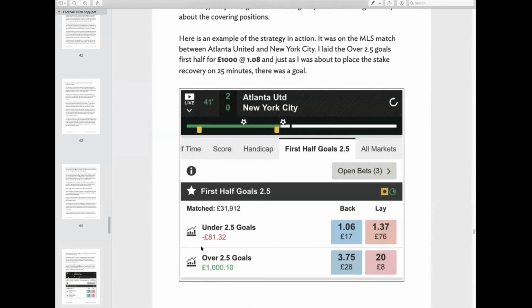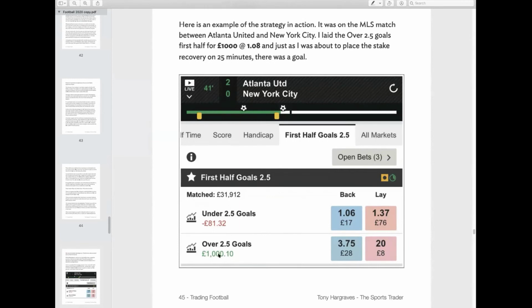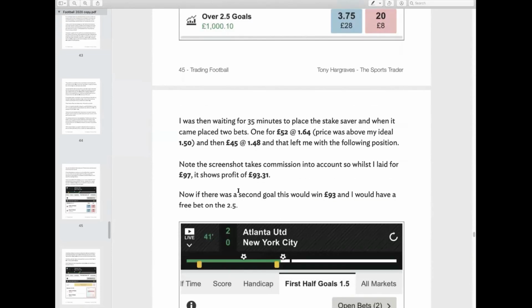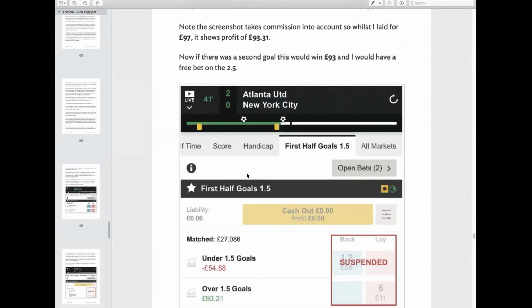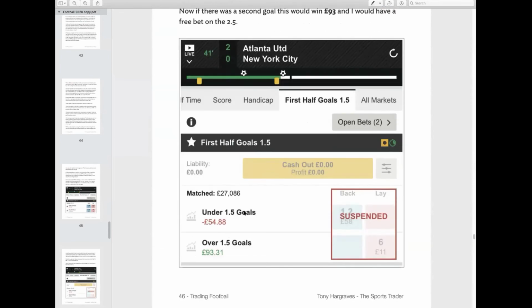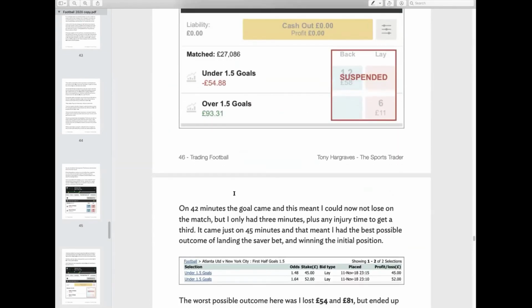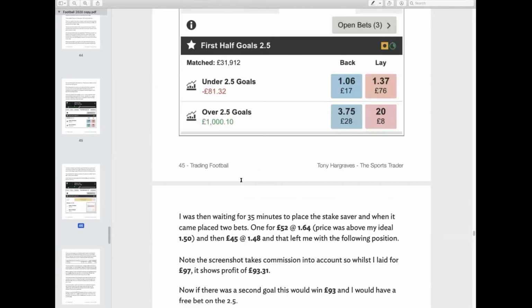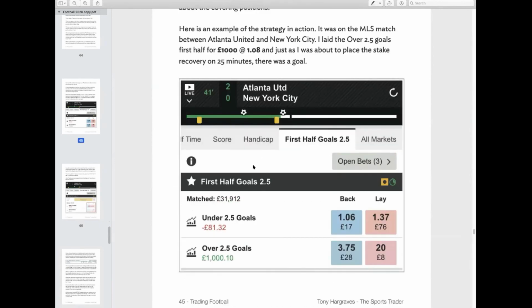So you're looking at high reward here versus low risk. So what I've obviously done is laid £1,000 at 1.08. So my liability's 81. Then you get 2 first half goals like this, and you can trade out if you wanted to. So this is another one, Atlanta versus New York. This was 1.5 goals. So that's landed. And then we've got, was that the same game? Yeah, same game. So what I've done